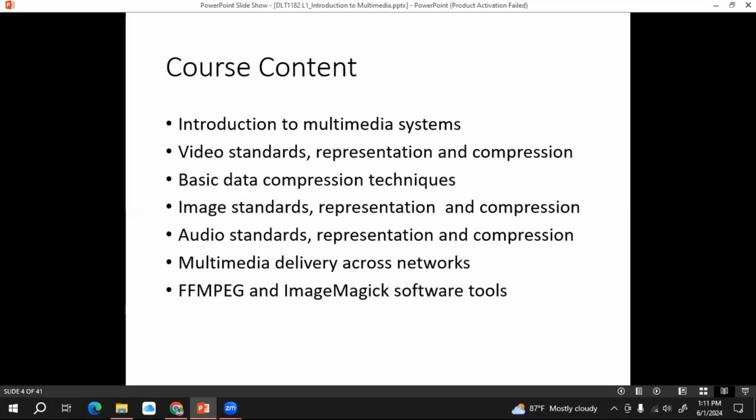Then we are going to discuss how we can share those videos among different platforms with different people across a network, right? Then finally, we are going to learn about some software tools. These are the basic course content for the IT DLT1182 course, right?